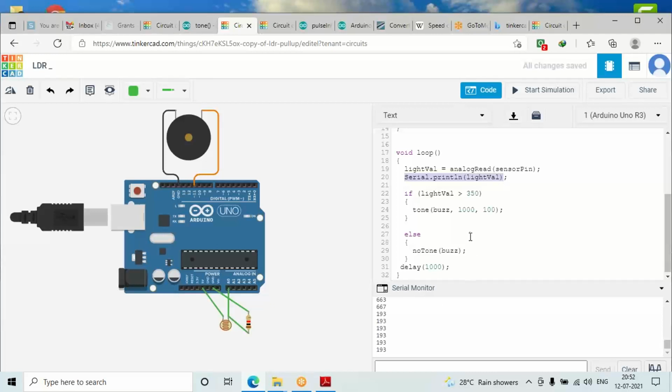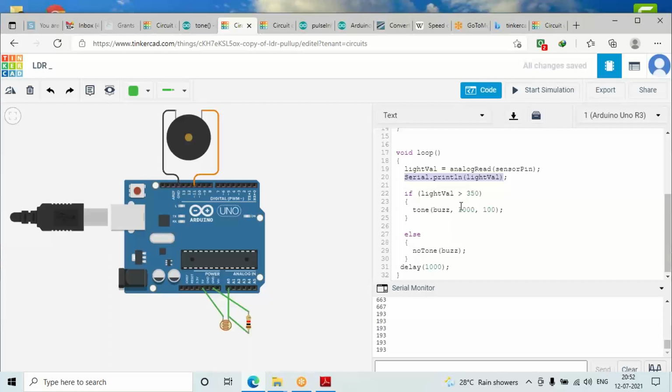In order to switch the buzzer on and off, there's a function called tone. With the help of this tone function, we can switch the buzzer on or off. So what I've done is I have set that if the light value is greater than 350, it's up to you, you can set any value as per your requirement.